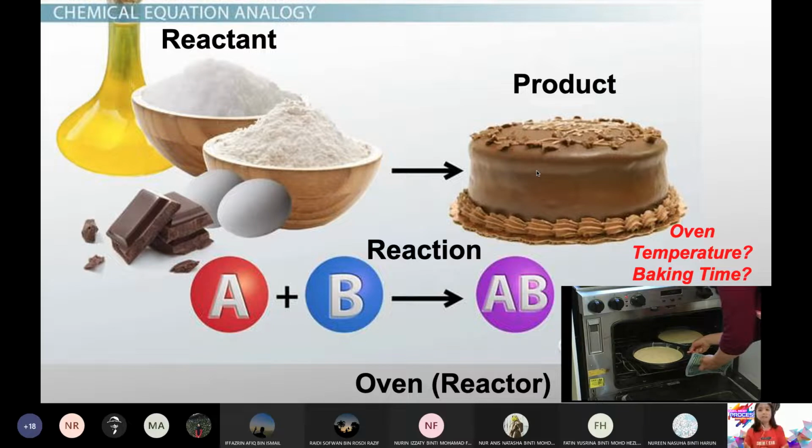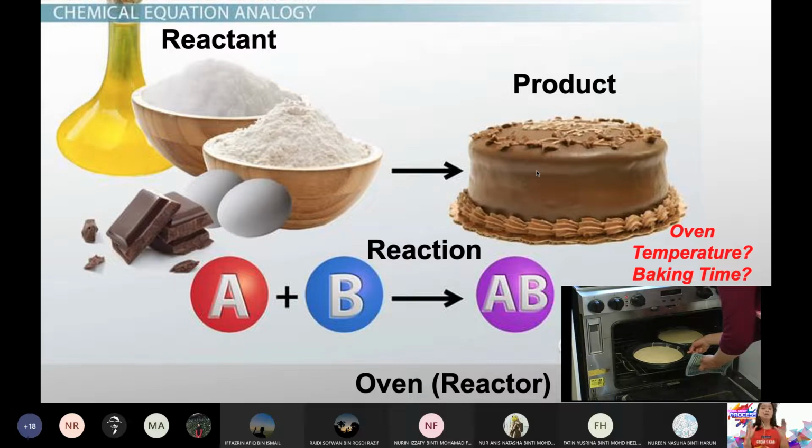Even the phases of the raw material also affect the design and calculation of your reactor. Okay, so next one pula. Let me say, in the example of an oven. Okay, oven kita tahu kita perlukan suhu yang tinggi, right? Why we need the temperature? We need the heat, right? Why do we need heat? The heat is needed for the reaction to take place.